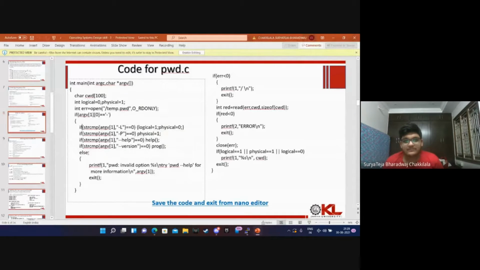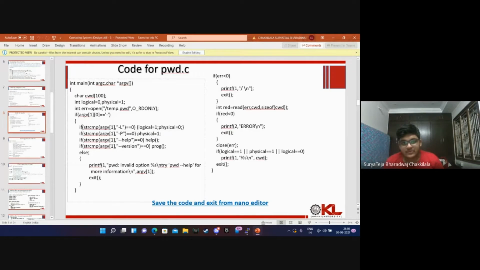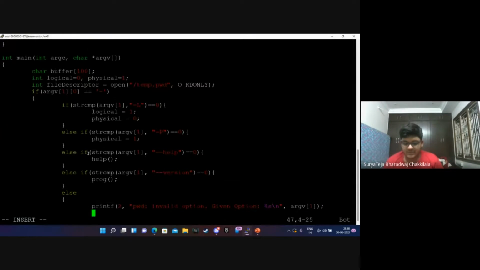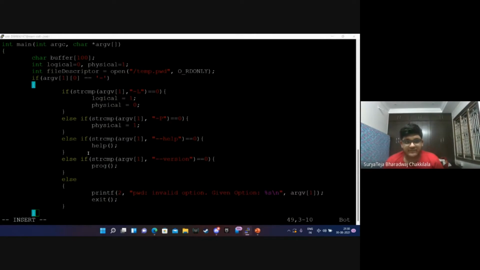It doesn't stop there. So invalid option and a string too, with a percent which will show our current option. Given option, comma rb. Okay. So that's one. So if an error comes, we will exit. So if that is done, and then if